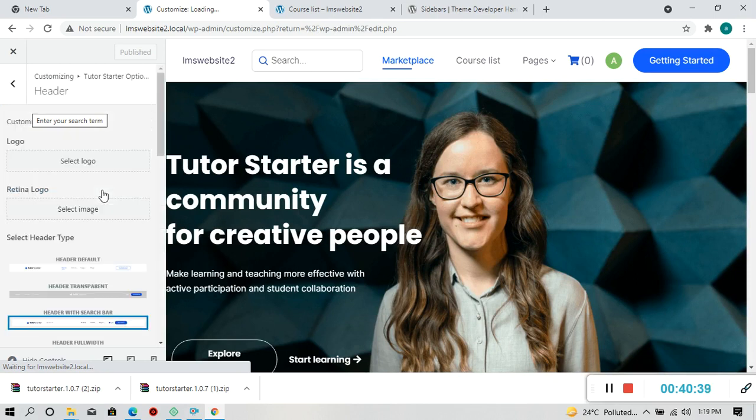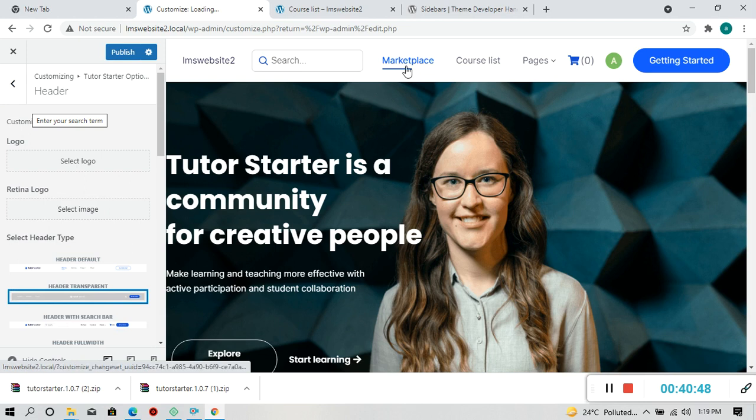From here you can upload the logo, edit the logo. You can select the header type. If you need a transparent header, you don't need a white background header.